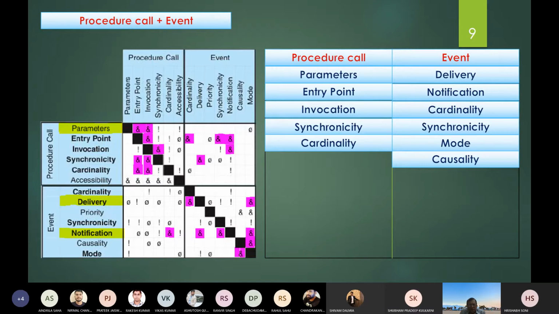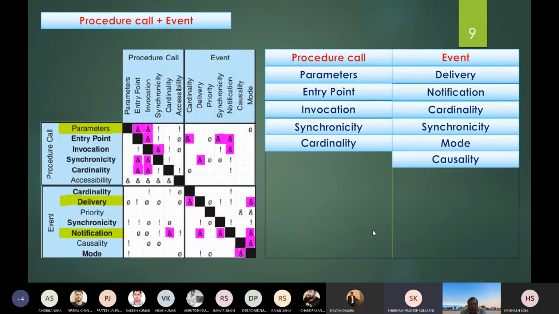Sir, because causality in that case, in the case of event, we are having a restriction for the causality dimension. Restriction, there is no restriction.